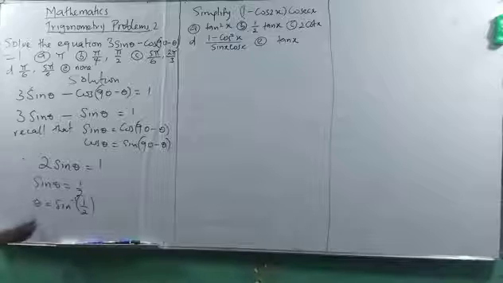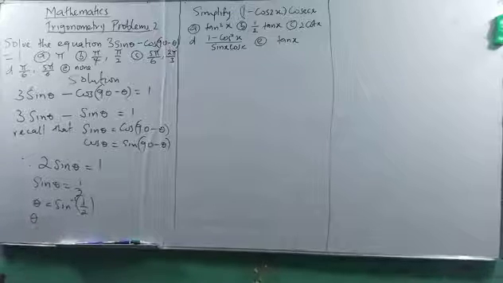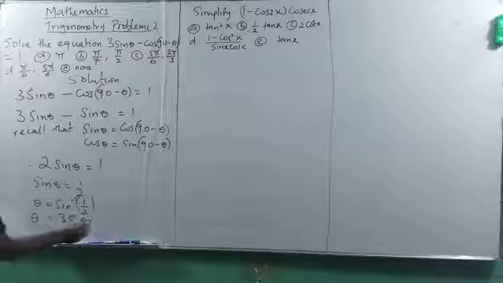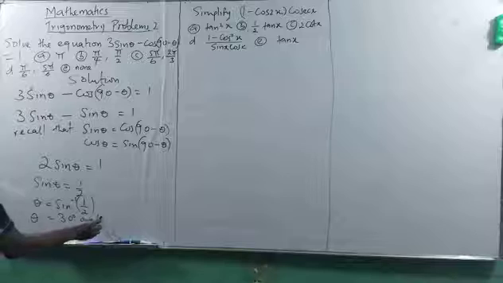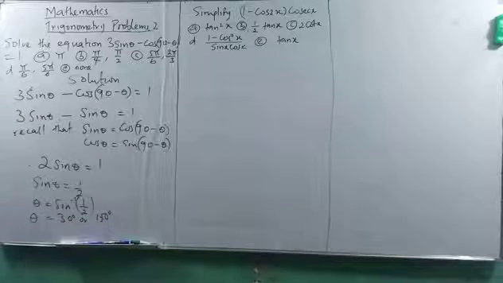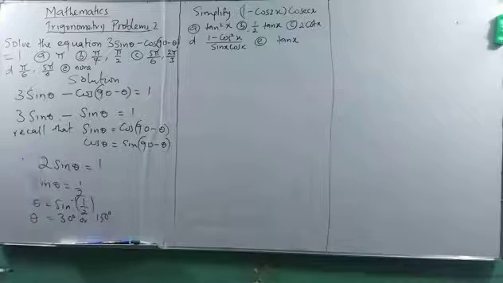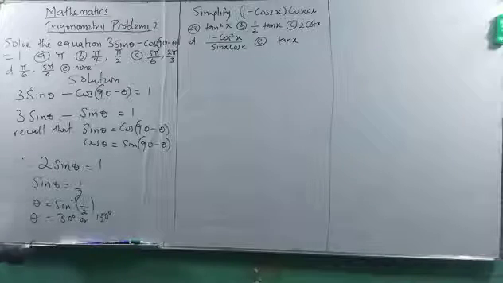We all know that sine theta equals 1 over 2 will be equal to 30 degrees or 150 degrees. It means 30 degrees or 150 degrees. Now, this is in degrees. I want to express this in terms of radians. Now, my radian will be theta divided by what? It means I'll be saying theta equals pi all over 6,